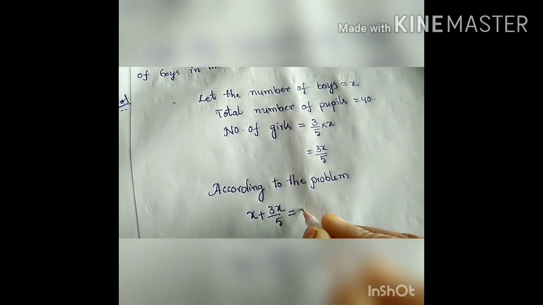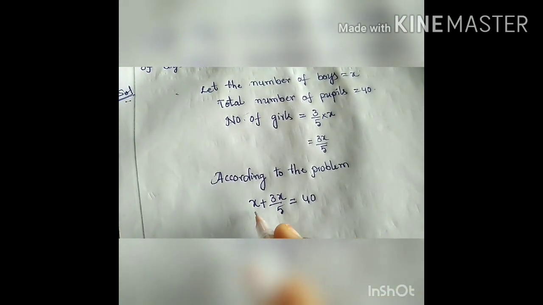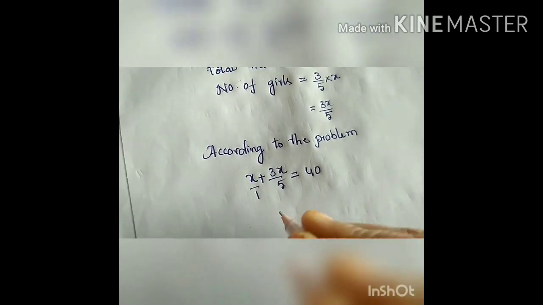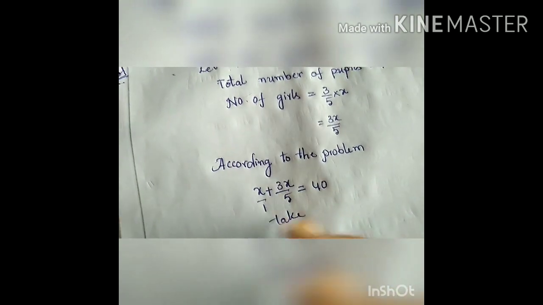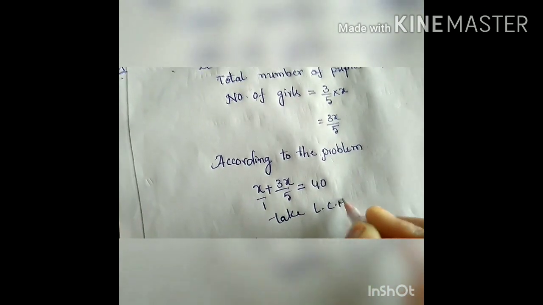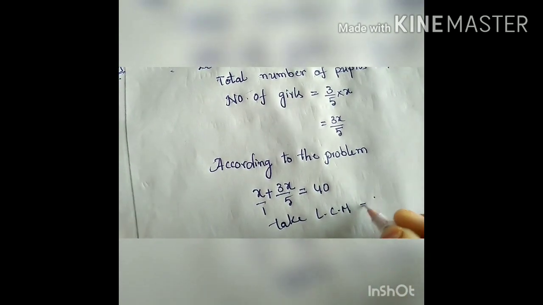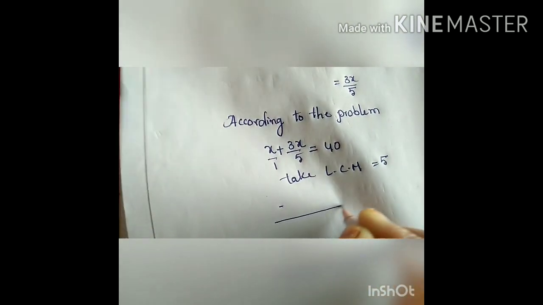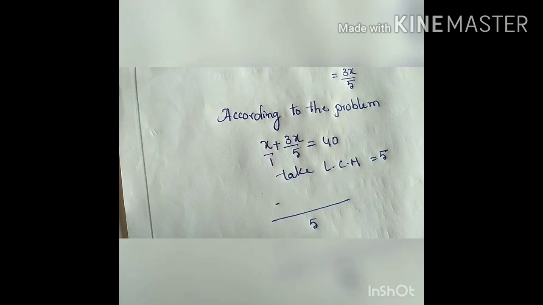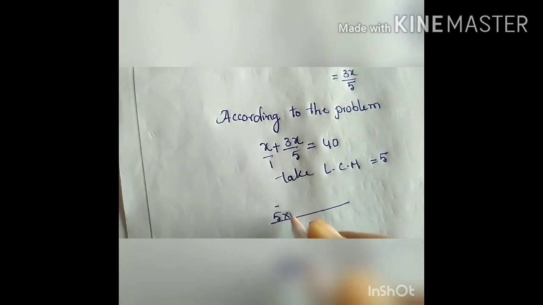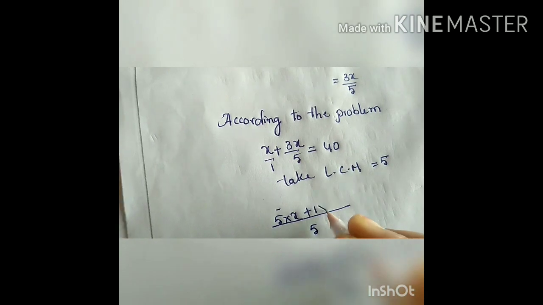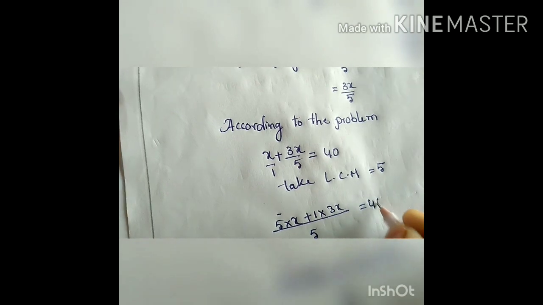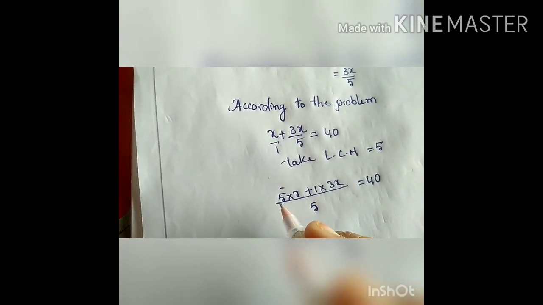The total strength is 40. There is a denominator, so we have to take the LCM. What is the LCM? Least common multiple, 5. So 5 times x plus 1 times 3x equals 40. Okay, so 5x